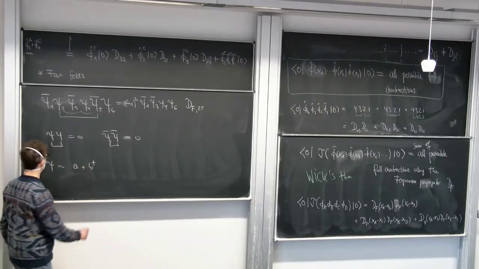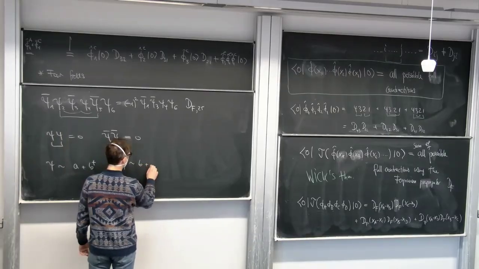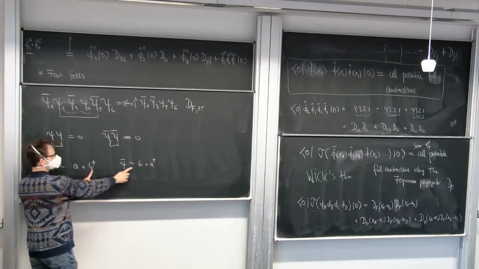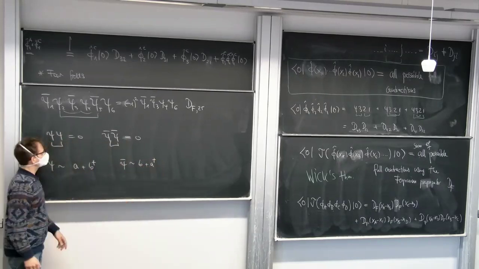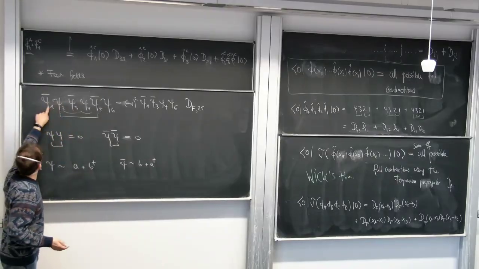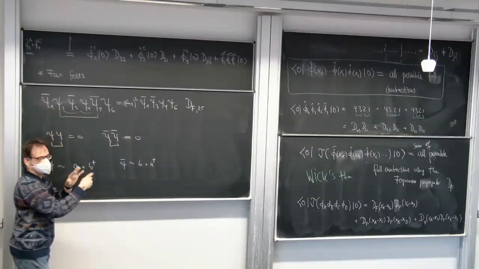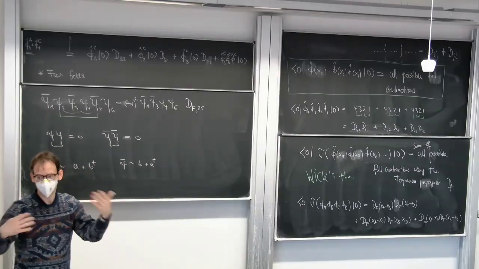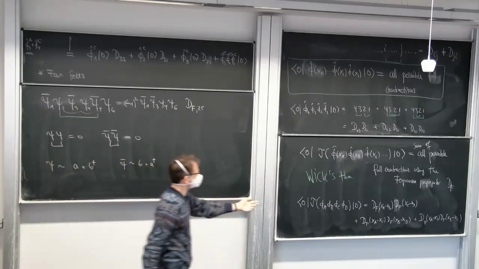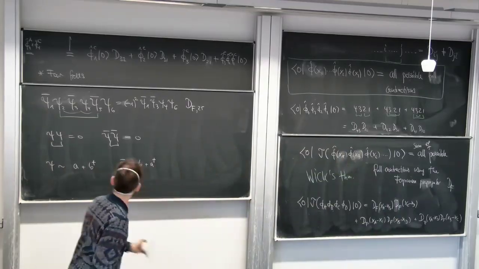There's nothing to touch, but if you have a psi bar, this has a B and an A dagger. And these don't anti-commute because then they increase and they increase. So that's also nice. In all these fermionic contractions, you don't need to worry about these two together, for example, or these two together. You can write down all contractions, but if there's no propagator for them, then it will disappear. So let's do one more fun example,